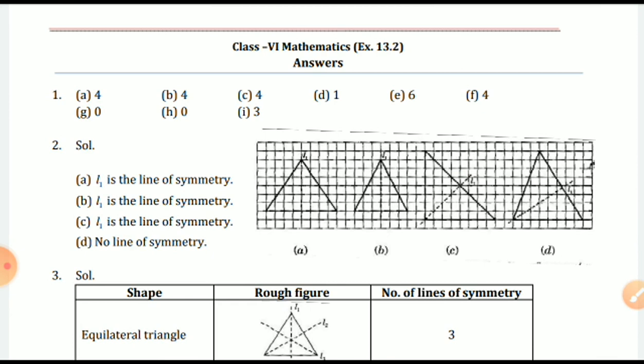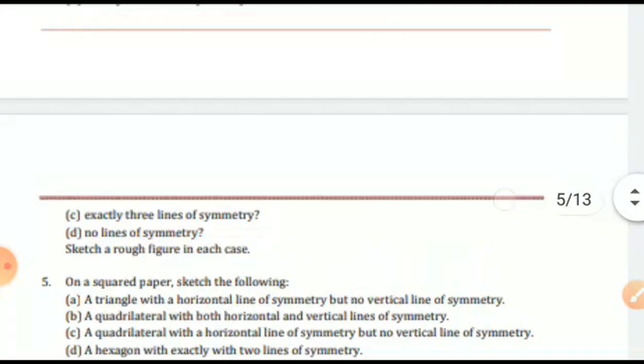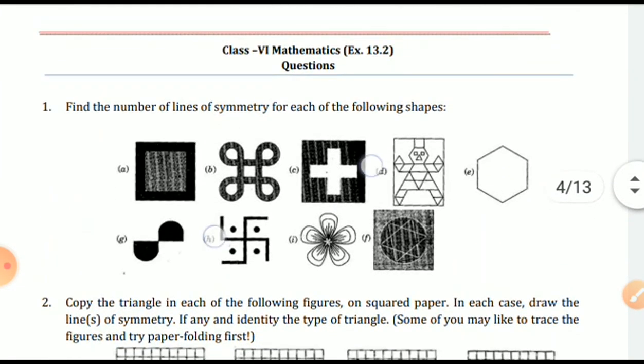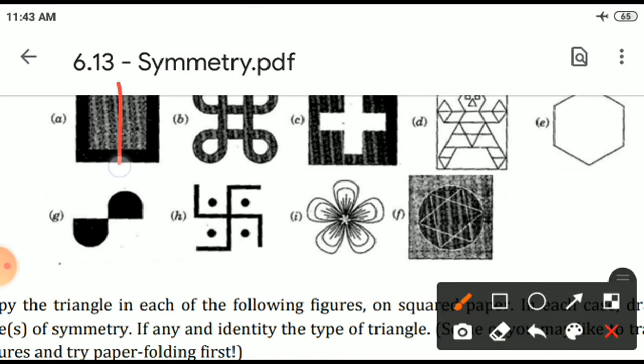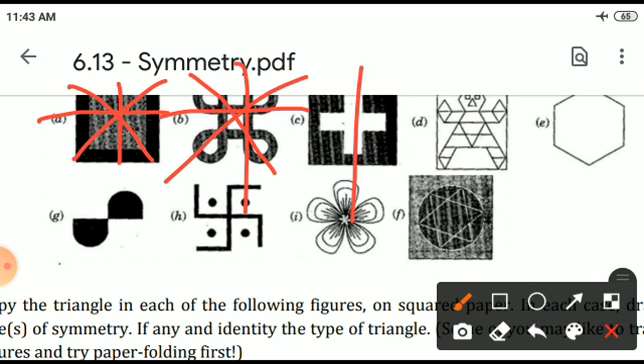Line of symmetry, first A to F. How many types can you get? 4, 4, 4. 3 times 4. Let's check. Is 4, 4, 4 there or not? Okay, for the first one, vertical possible, yes. Horizontal possible, yes. Diagonally possible, yes. This diagonal possible, yes. Here also, when you cut it into 2 parts, yes. Here 2 parts, yes. Here 2 parts, yes. For this one also, straight yes, cutting 2 parts yes, here yes, yes and yes.